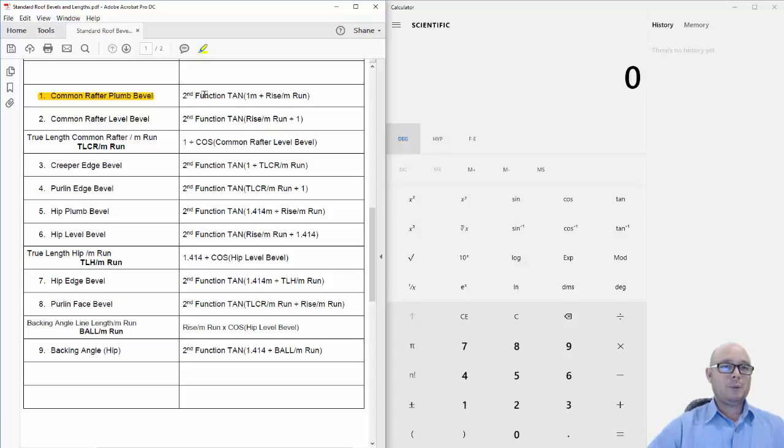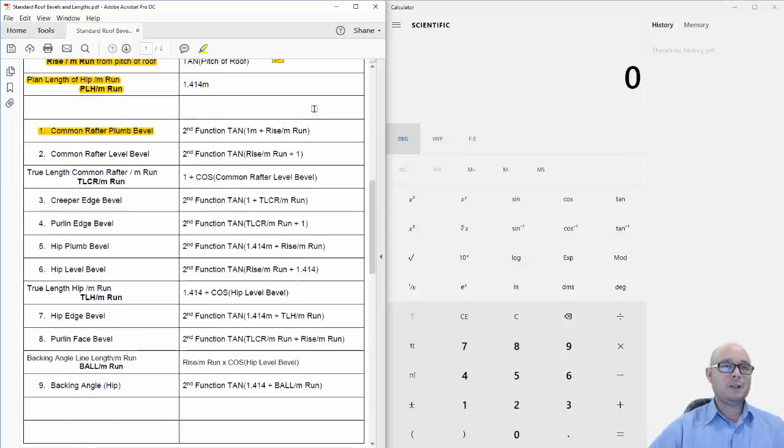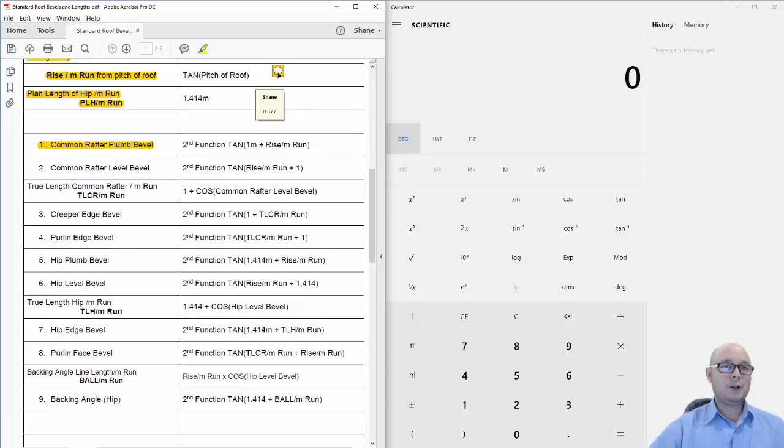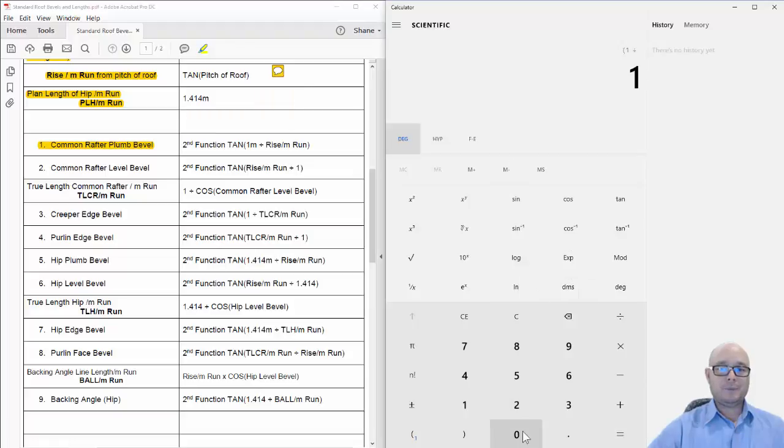Yours, you may be able to put it in, like I said before, as you see it, straight into your calculator. So we need the 1 metre run, and we need the rise per metre run, which we worked out earlier, which is the 0.577. So it's simply a case of going over to your calculator, and in brackets 1 divided by, I'm just following the formula, 1 divided by rise per metre run, and the rise per metre run is 0.577, so enter